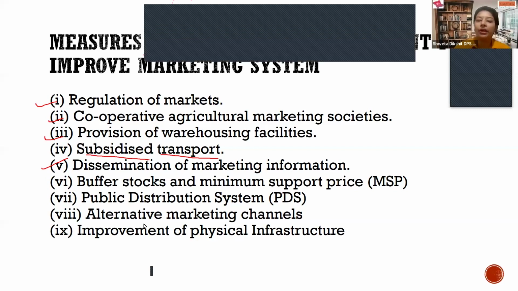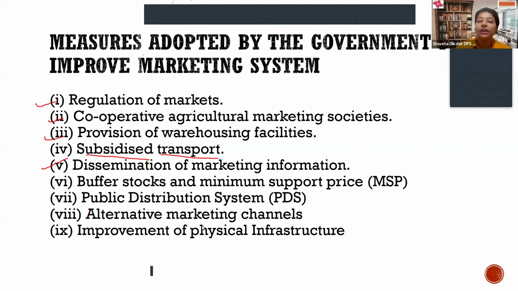I was talking to you about alternative marketing channels, where I was talking about Apna Bazaar or Apni Mandi, which is very popular for the people of Punjab, Haryana, and Uttar Pradesh, especially in the North. So there are many other marketing channels which are not set up by the government. Sometimes with the support of the government, but definitely arranged by the farmers in that area, which are very popular and favorable to the farmers and resolve problems related to agricultural farming.